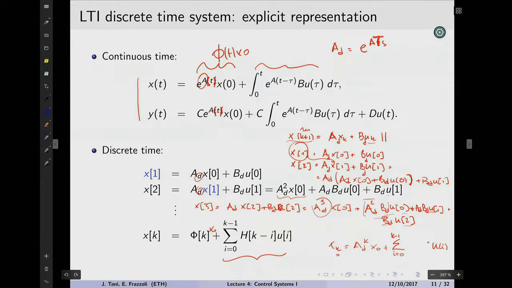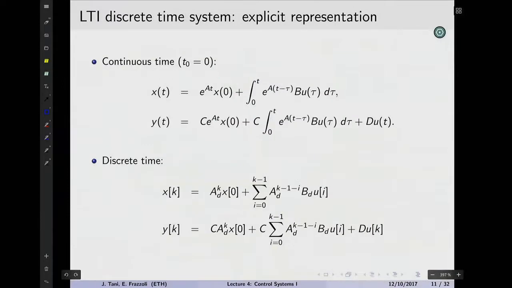Well, if you put some patience into it, you will see that there's definitely an A and B game going on here, AD and BD, where A has an exponent that is k minus 1 minus i. So the idea being that at the most current time instant, you will have the AD going to 0. Basically here, this is an identity matrix. It goes away, so if you write it like this, it turns out to be correct.